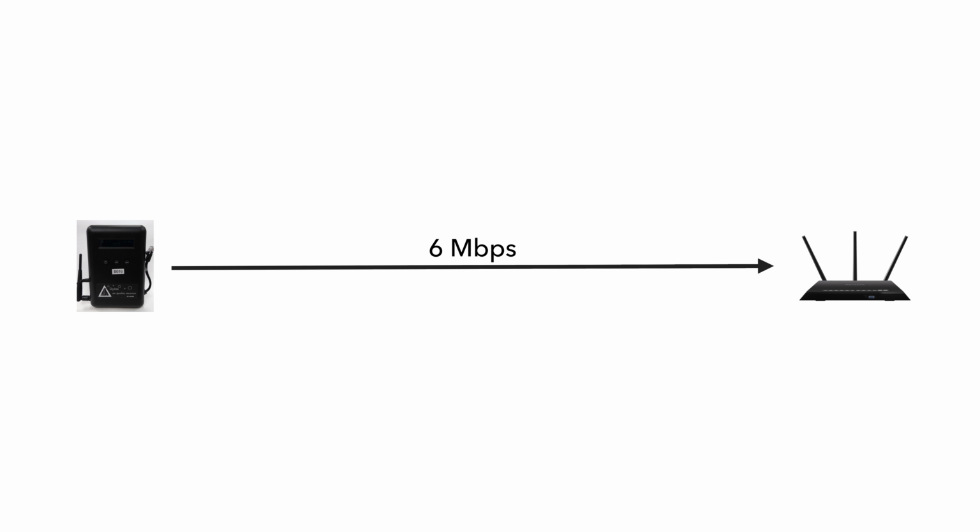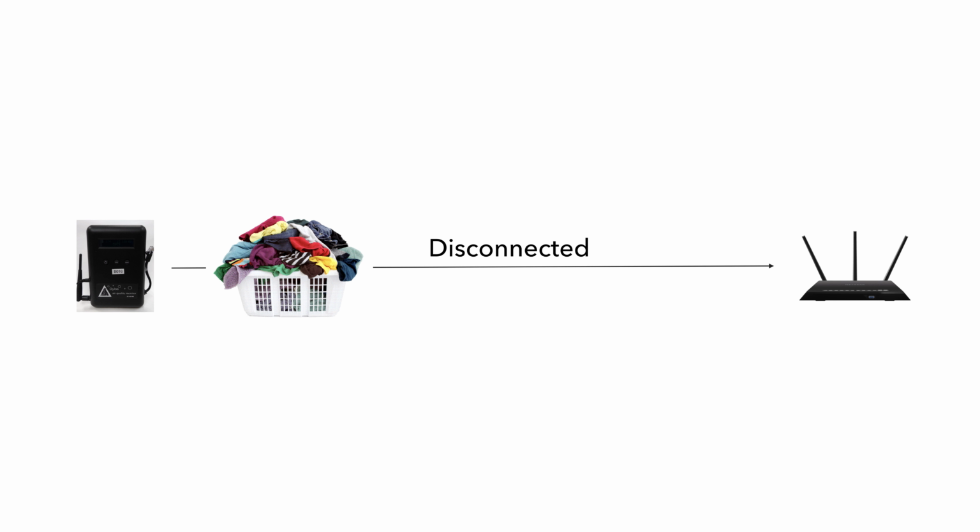But what happens is, for a sensor on the edge of connectivity, if something happens to it, let's say a laundry basket gets put in front of it, something that will weaken the signal just a little bit, all of a sudden the sensor will become disconnected. Just as a side note, this is literally what happened. My advisor was at home, and I was looking at all the sensors, and I noticed his was disconnected from the network. I said, oh, that's strange. Since I know he's at home, I'll just message him. So I messaged him to go check on the sensor to see what's happening, and he checked on it, and there's a laundry basket in front of it. He didn't think anything of it, so he moved the laundry basket and said, oh yeah, the sensor looks fine to me.